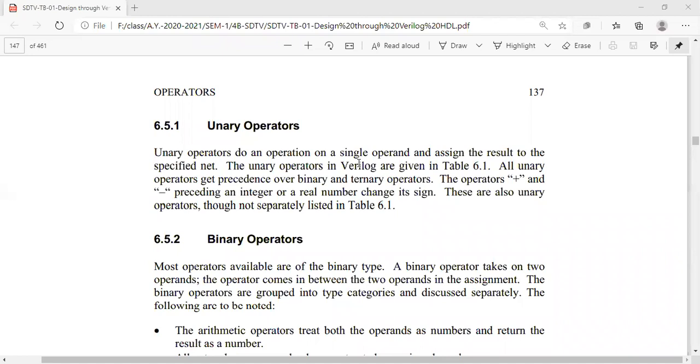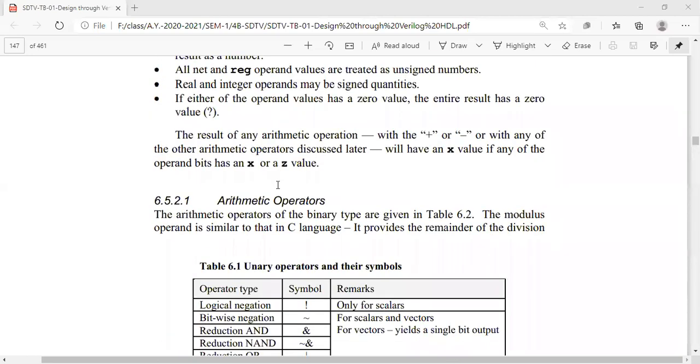Generally everyone tends to think that if there is only one operator symbol, then we call it a unary operator. It's not true. It is based upon the number of operands only. If the operation is with respect to a single operand, it is called a unary operator. For example, you can see in the table.